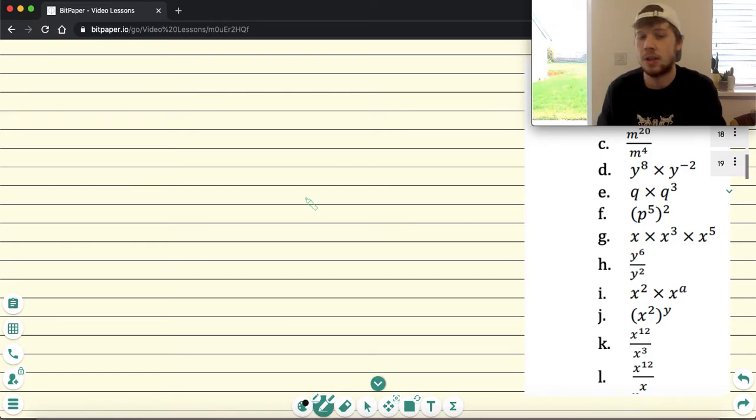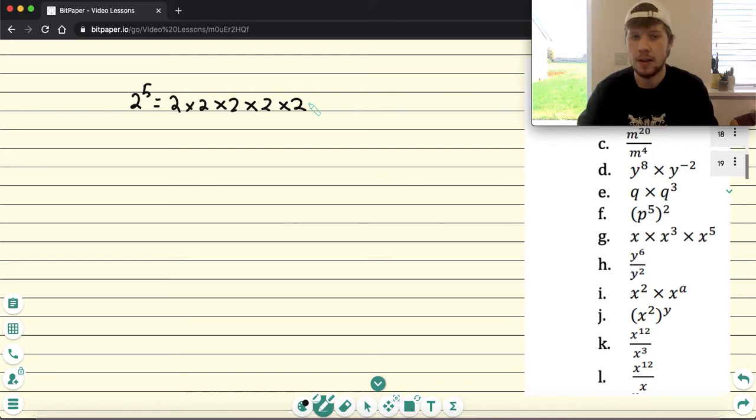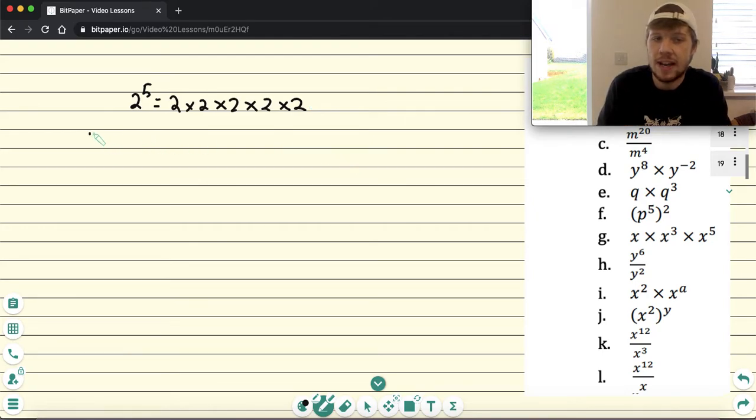So first of all, I'm going to derive the first law. By looking at 2 to the 5, I know this is 2 multiplied by 2 and repeated 5 times: 2 times 2 times 2 times 2 times 2. That's fine, we can write it out long ways, but let's think about a scenario where if I had 2